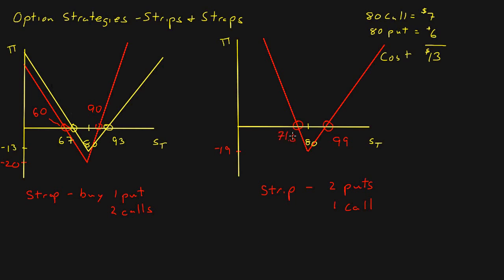So break even would be $70.50. So let me just fix that there. $70.50. Okay, falls $9.50. 80 minus 9.50 is $70.50. So you can see that this is a steeper slope here, and I actually should put arrows pointing up. Actually, an arrow here, not an arrow here. This should intersect with this,